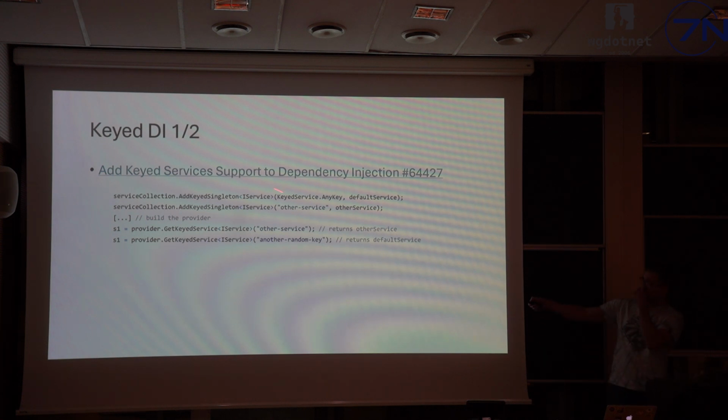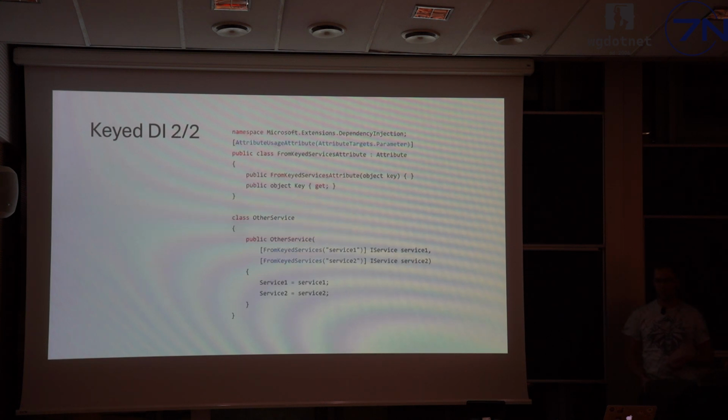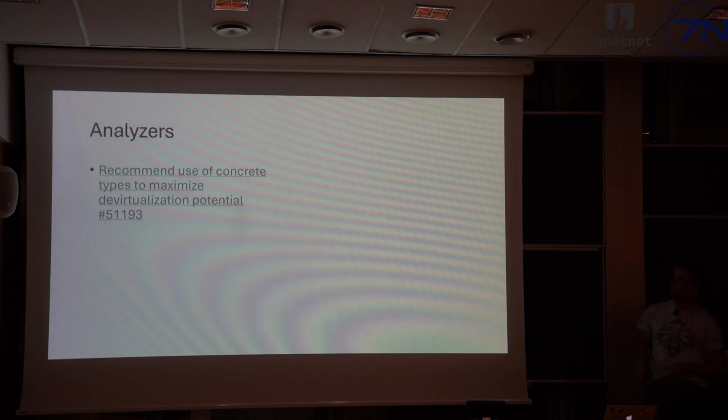What is important, there is an API called KeyedService.AnyKey, which basically works like an else block. So when resolving, and you don't specify a key that was specified for any other registration, this item will be resolved. And of course, when you are injecting via constructors, we also have an attribute for you where you can specify the key. And a key is an object, so it can be anything. It can be a string, it can be typeof, it can be an integer. Personally, I recommend to stick with something simple like string or typeof, because it will be faster and easier to understand.